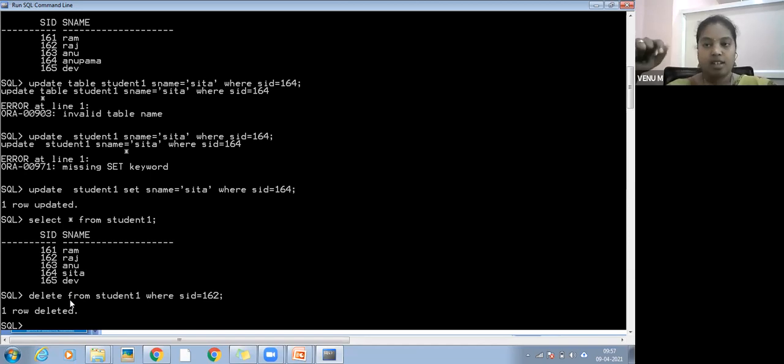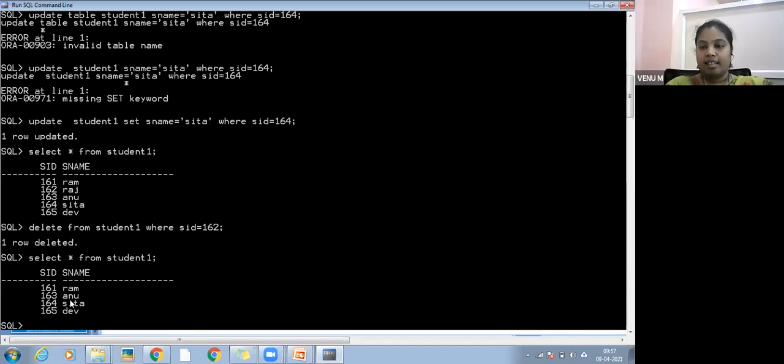One row is deleted. Now you have to see whether it is deleted or not. It is deleted, right? Just observe each and every output by using the select command, whether it is updated by the update command, or deleted by the delete command. So all the commands regarding DML are finished like this. If you have any doubts regarding DML, you can ask. You can ask any question in the chat box. I'll explain through practical.